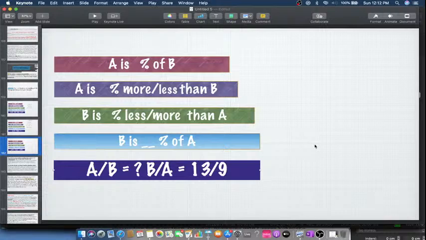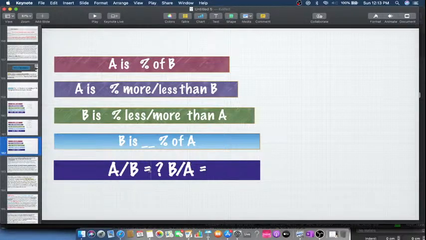4 into 1 by 13. 1 by 13 is 7.7. 4 into 7 is 28. 4 into 0.7 is 2.8. So 28 plus 2.8 is 30.8 or so. Correct? So, now let me give you one more ratio, and I think because you guys already know,